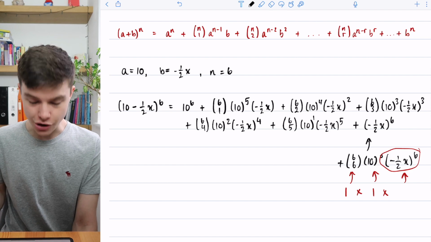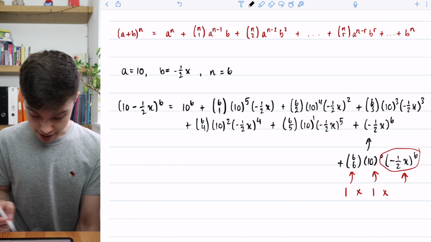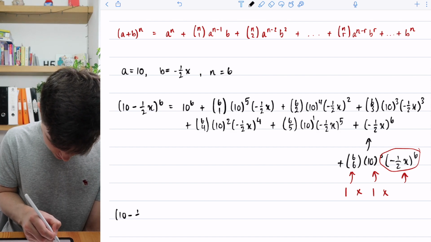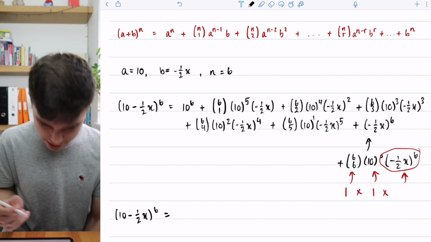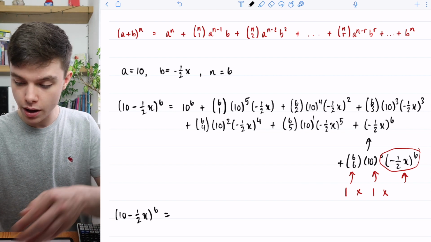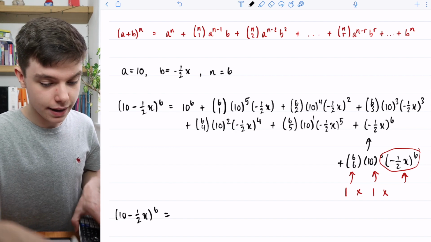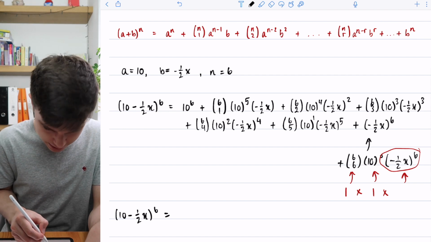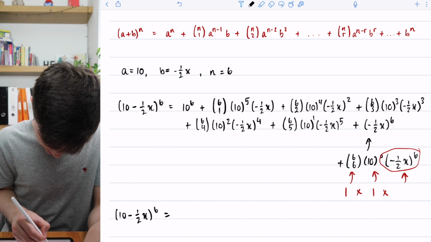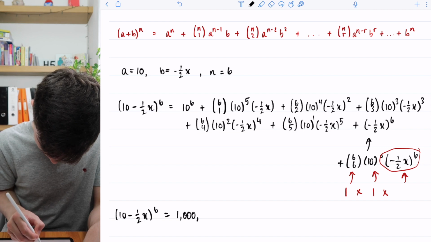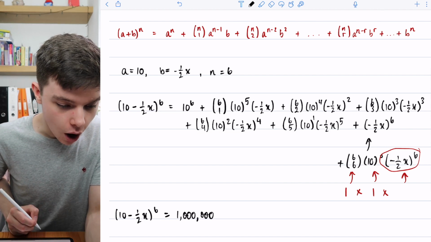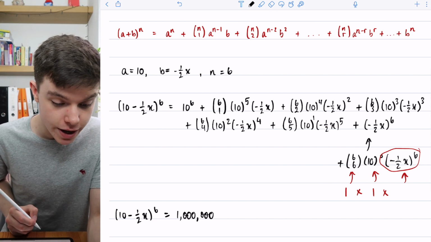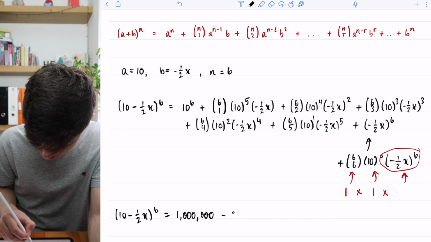So all we now have to do is basically do our calculations, and I would definitely use your calculator for that. Now let me write down the bracket again, so we know what we're expanding. And this is what you should get. And I'm going to read it straight from the book to save me time typing it into my calculator. And actually, they are very big numbers. Of course, we've got 10 to the 6, so we have got 10 with 6 noughts, so that's a million. Okay, we've got 1 million there minus, is it 1 million? Yes, it is. Minus 300,000 x,